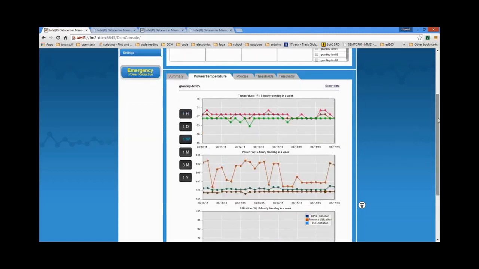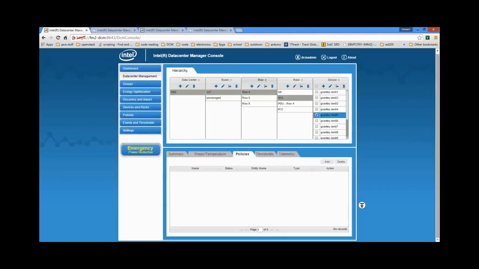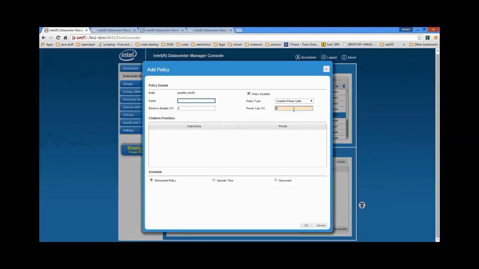Now that we've finished with the telemetry that we expose, we can look at how we can control the power of these servers. It's very simple. We just come in here and say, I want this server to now use 250 watts of power. We can give it a name,